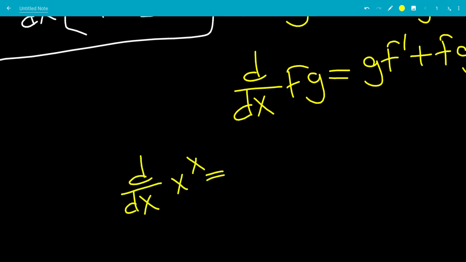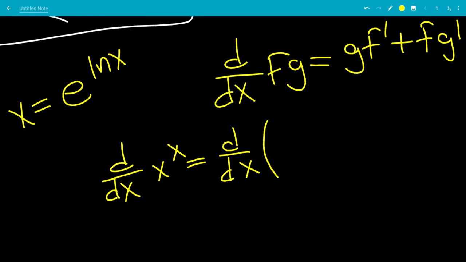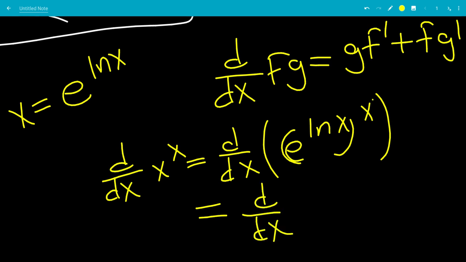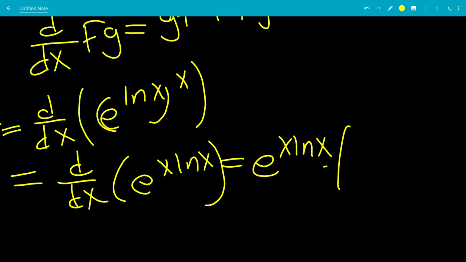Every function x can be written as e to the ln of x, given that x is bigger than 0, of course, because ln of a non-positive number is not defined. So this can be written as e to the ln x, all raised to the x. We can multiply the powers in, so we get e to the x times ln x. The derivative of e to the something is the same e to the something times the derivative